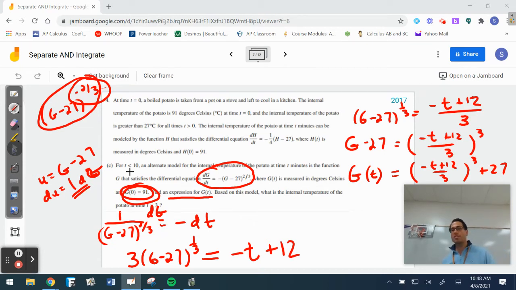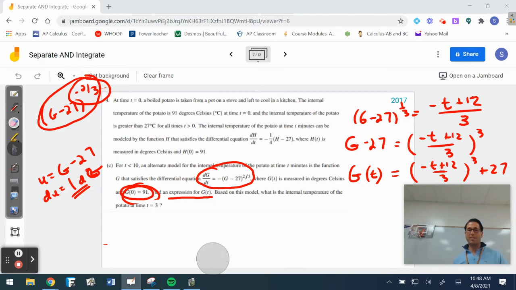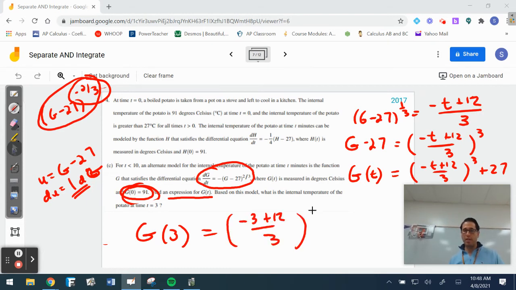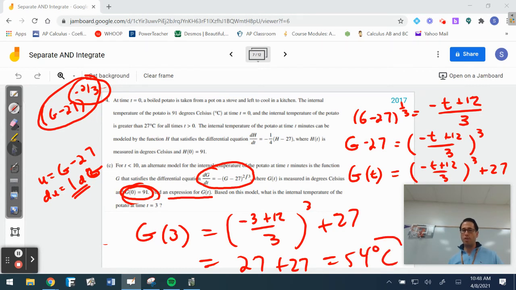And the final question asks me, what is the approximation, or what would actually be the actual, right? What's g of 3? Well, g of 3 would be negative 3 plus 12 over 3 cubed plus 27. And the AP helped me out. That's 9 divided by 3. That'd be 27 plus 27, 54 degrees Celsius, which, if I go back to that first answer we did a